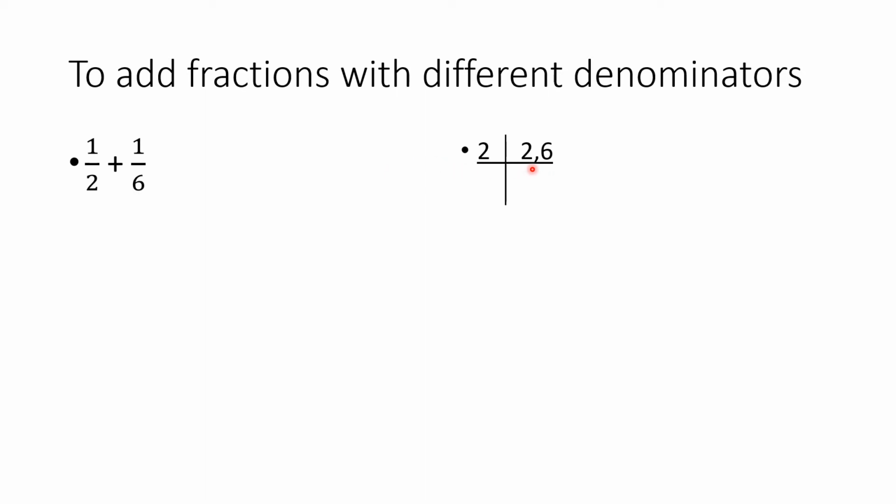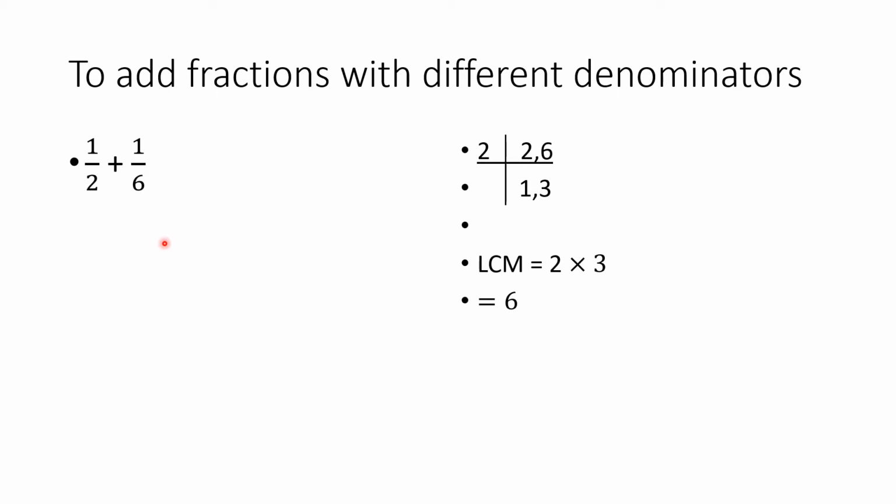So what is the LCM of 2 and 6? We will use the common division method. 2 and 6 is here. We will divide by 2. 2 ones are 2, 2 threes are 6. Now what is the LCM? LCM equals 2 multiplied by 3, which equals 6. Now here we have two methods. Either with the help of this LCM, find out the equivalent fraction of 1 by 2, and then we will add simply. Or there is one more method which I am going to tell you right now.